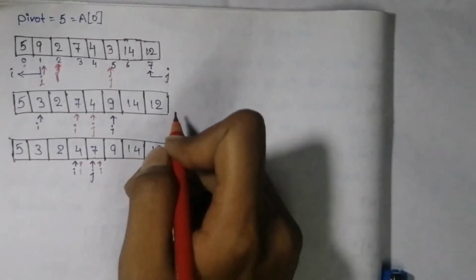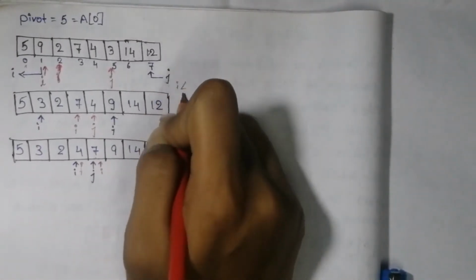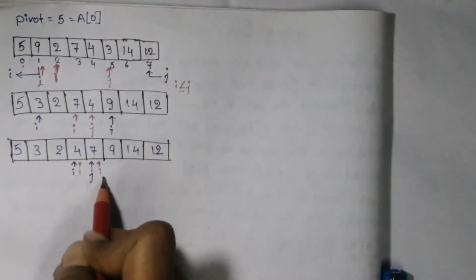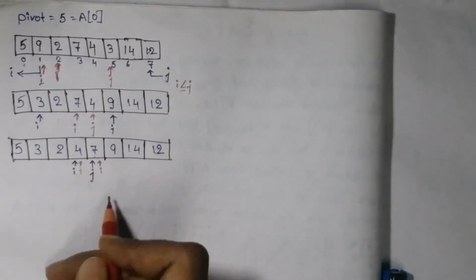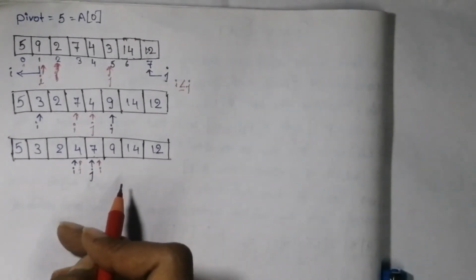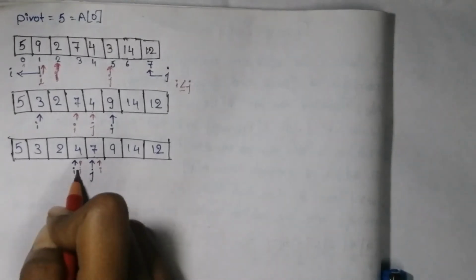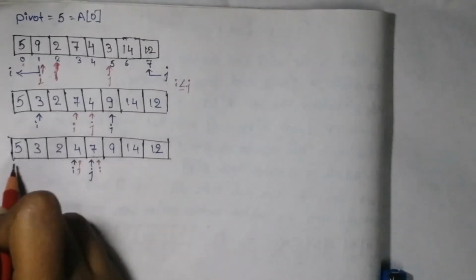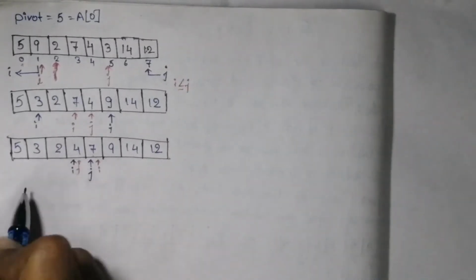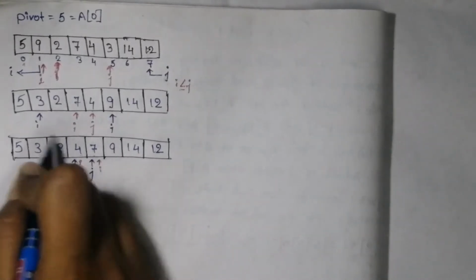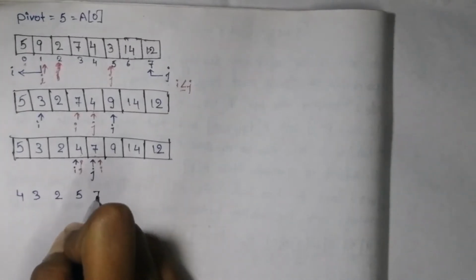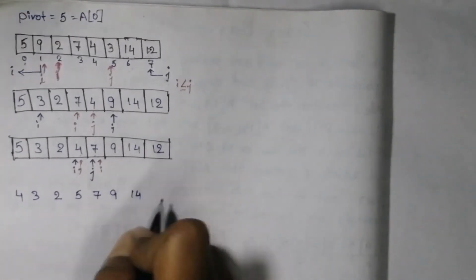This loop will continue as long as i is less than or equal to j. But when i becomes greater than j, we will stop the swapping process. And what will we do? We will swap the pivot element with the element at the jth index. So the jth index is the sorted position of that pivot element. So here the pivot element is 5 and the position of j is this one. So we will swap 4 with 5 and in this way we will get the element 5 in its sorted